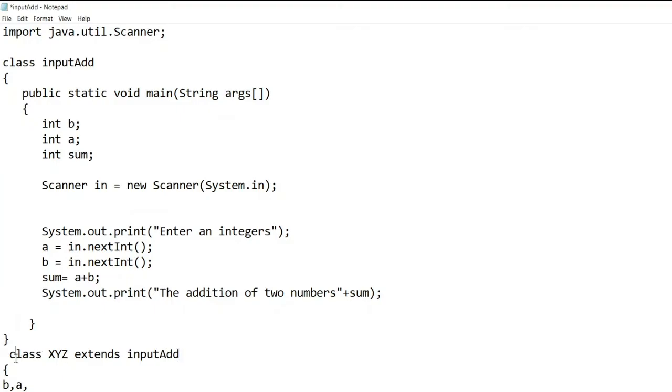If I write this extends keyword, that means whatever the properties of InputAdd are going to be accessible in xyz. That is the reason this is known as inheritance. Code you write once, you can inherit it into subsequent classes. But if I do not include the inheritance, I will not be able to access the value. So this is known as the scope of the variable. If you use extends inheritance, it can be accessible. Clear?